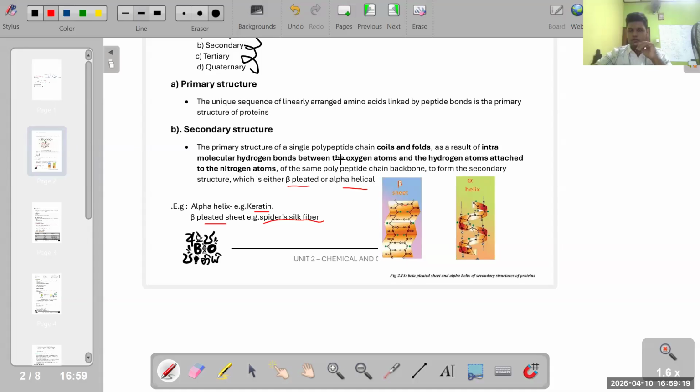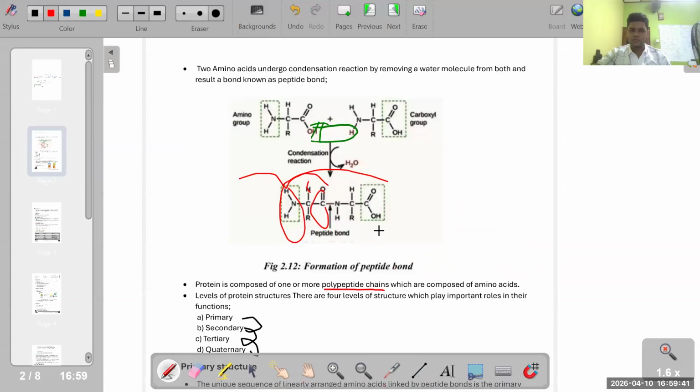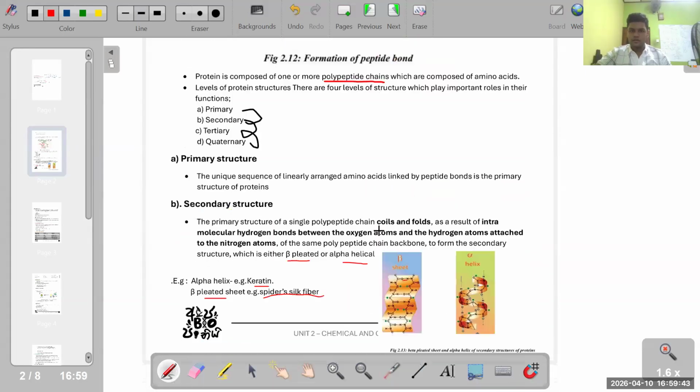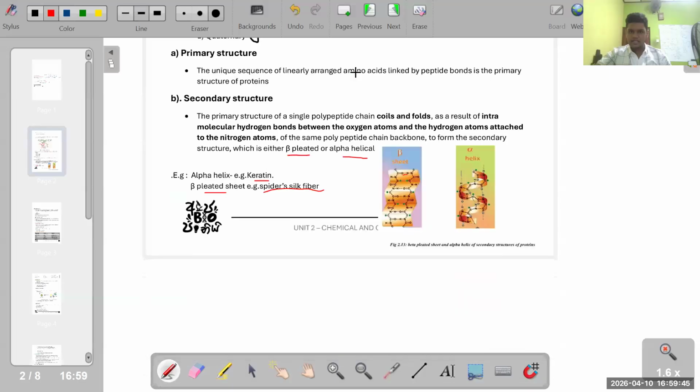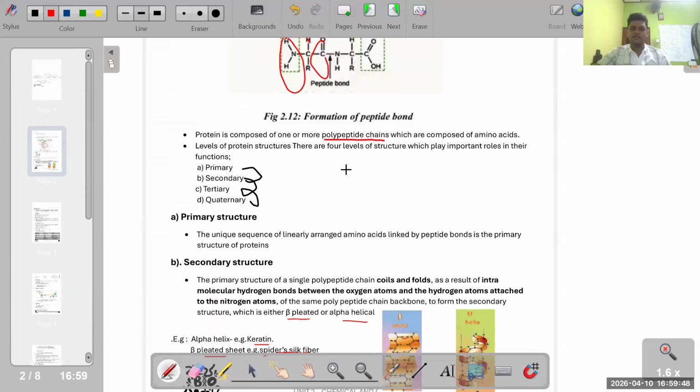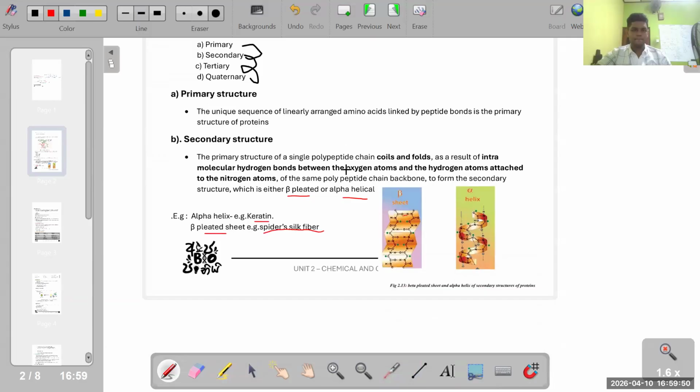So, what should I say? These intramolecular bonds are formed between the same backbone components of different amino acids, oxygen and hydrogen only, right? So after this class, leisurely, when you are free, take the structure and compare it with this top structure, and see how it would form. You should do it like this: read this and check the structure, read this and check the structure, then you will get used to it, right?